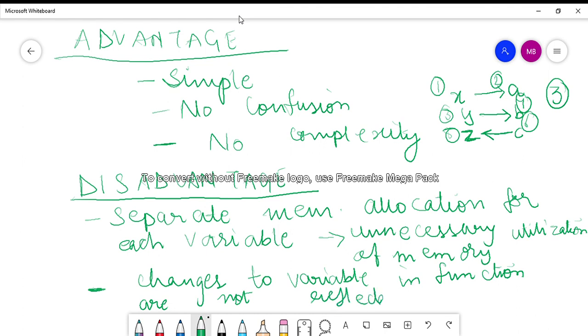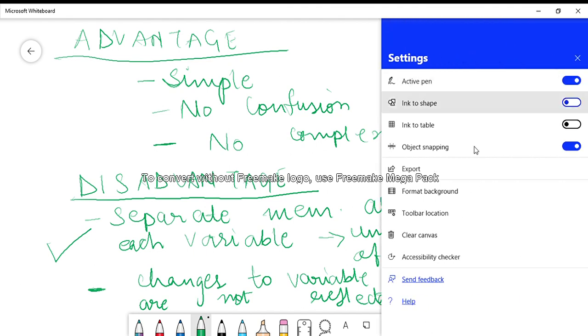These changes are not reflected in the calling function. Now first of all, we will see the first disadvantage through a diagrammatic representation. I'll make you understand how this is a disadvantage.